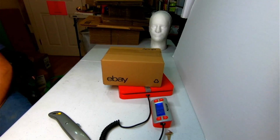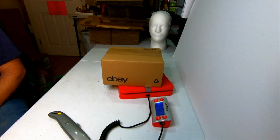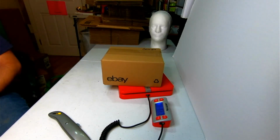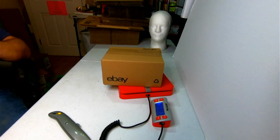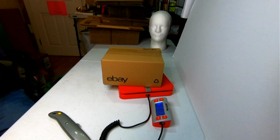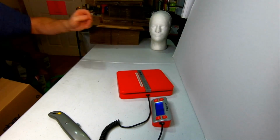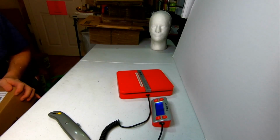Using the GoPro for the camera today. It does really well. I decided not to zoom in. I left it all the way out, zoomed out, so that you guys could see everything I'm doing. See, I got a stack of boxes back here. I know it's a little dark, but